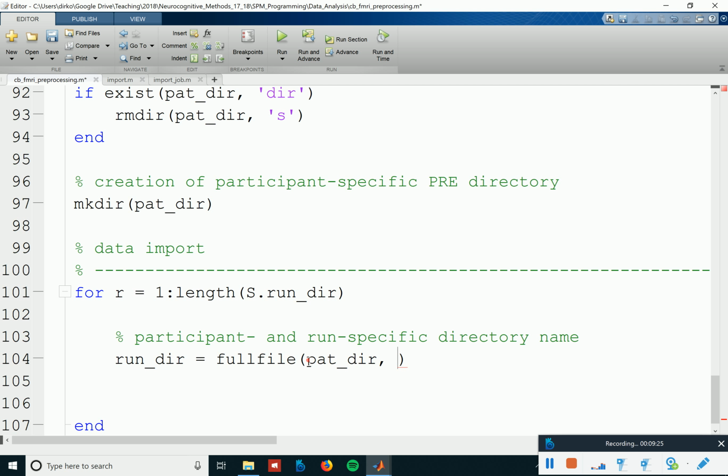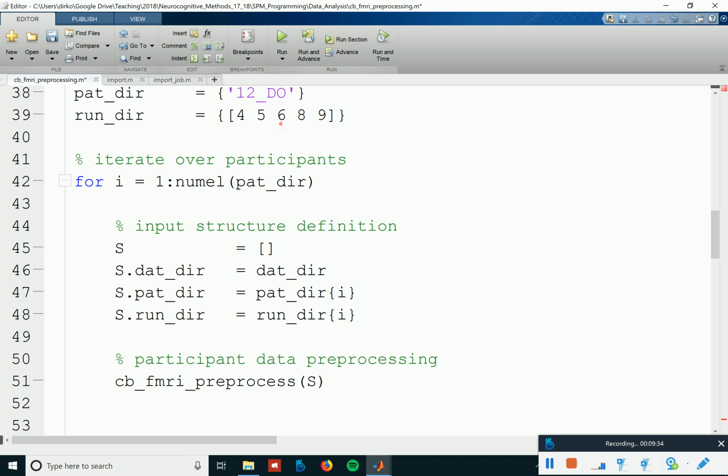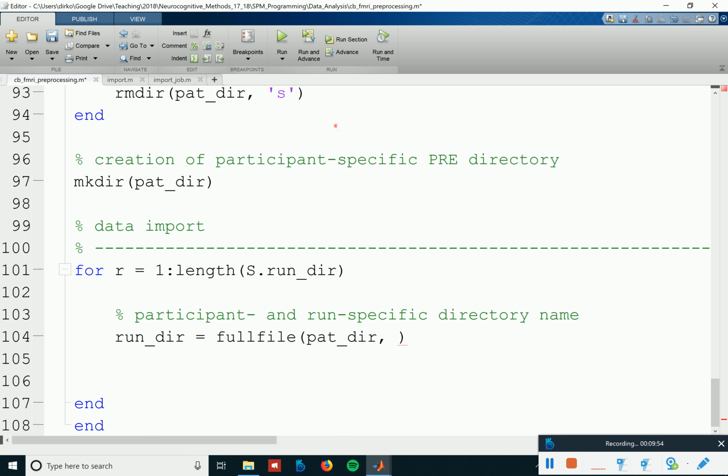We can call the runs 1 to 5, or we can call the runs as they were acquired: 4, 5, 6, 8, 9. I would tend to keep it as 4, 5, 6, 8, 9 because then it might be less confusing. But these things are always, one thinks about, and then it's confusing after all. So let's use this